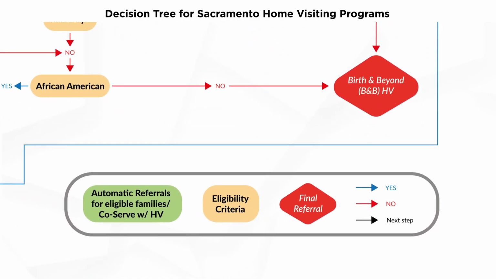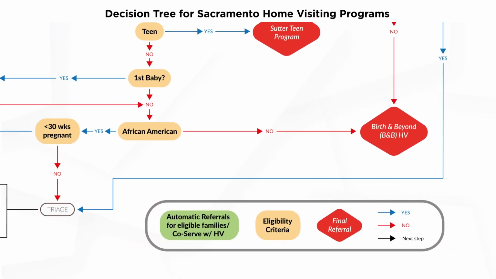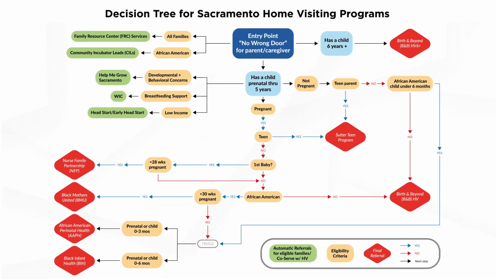As you can see in the legend, each of the boxes conveys something a little different. The green squares represent programs that families should be referred to in addition to the red diamond. The yellow boxes represent eligibility requirements and how you determine the best programs to meet the family's needs. Now that we have reviewed what the different boxes represent, the starting point and the end point, let's go through